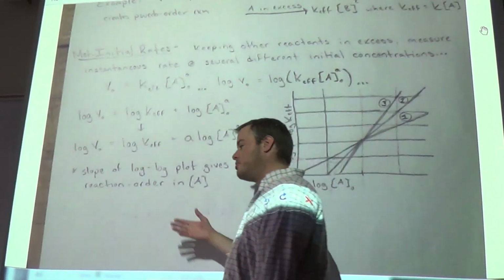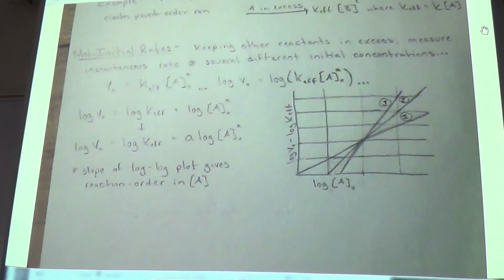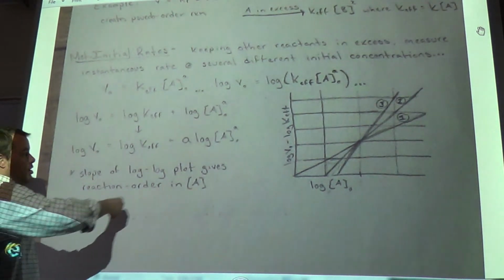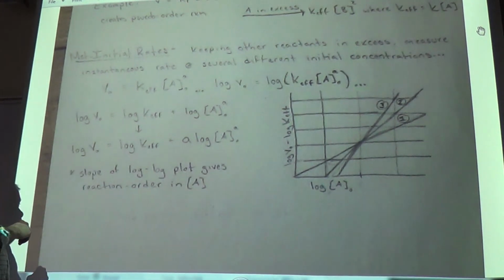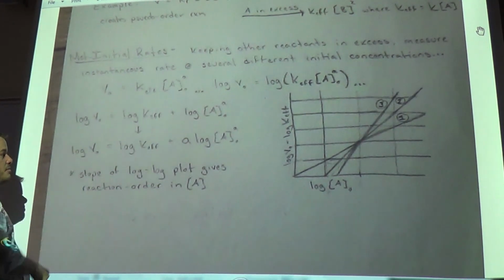So we know reactions can be first, second, third, whatever order in a reactant. You take the log of it, that exponent comes down and becomes a multiplier. You've got log of the velocity, log of K, K is a constant, velocity is